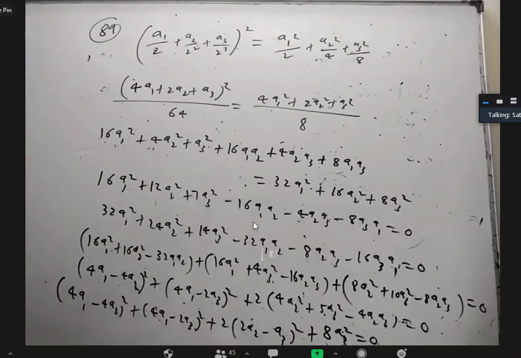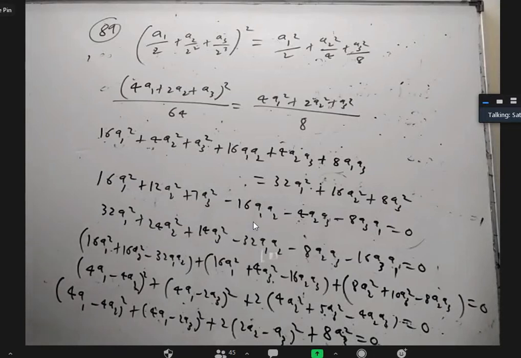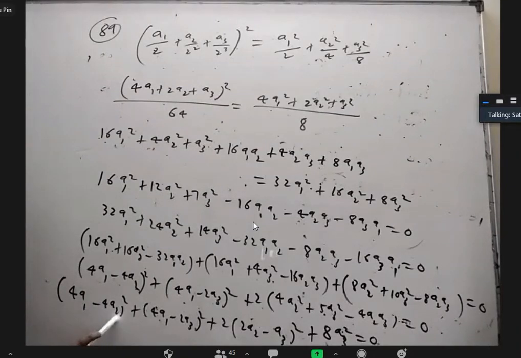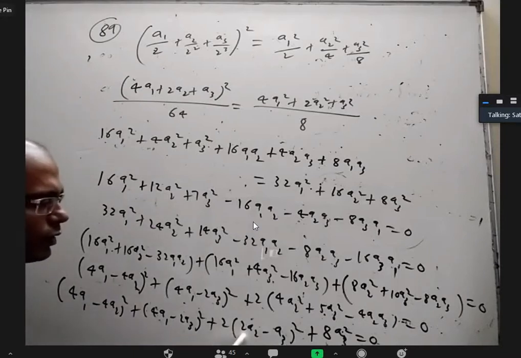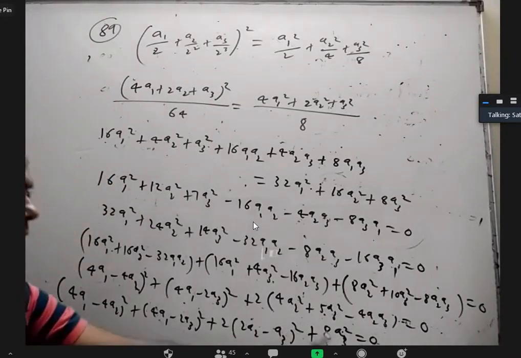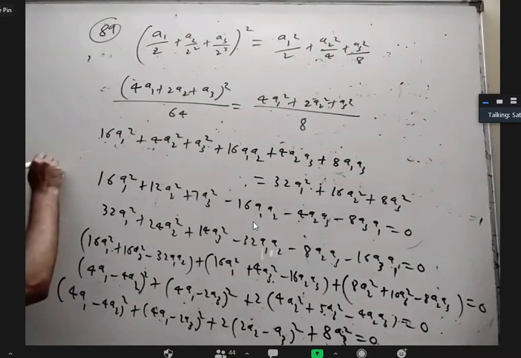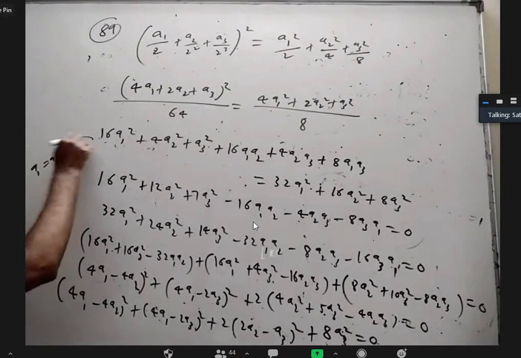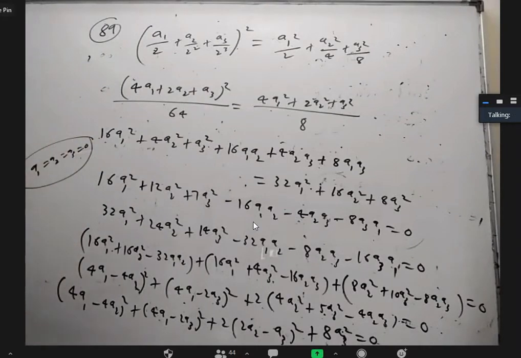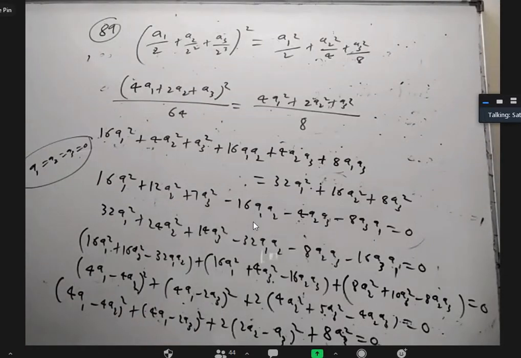It can't be 0 unless all are 0, because each one of them is non-negative. So from this we'll get a1 equal to a2. From this we'll get a3 should be 2a1. From this we'll get a3 should be 2a2. But from this we'll get a3 is 0. Because a3 is 0, you'll get a2 should be 0. I think from here you can conclude a1 equal to a2 equal to a3 equal to 0. I know it will happen only for a particular a1, a2, a3. Here it is only 0, 0, 0 and nothing else.